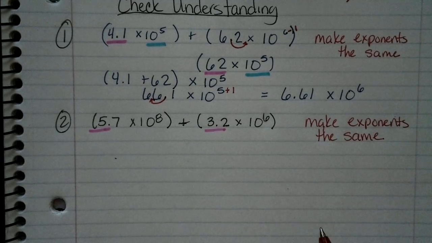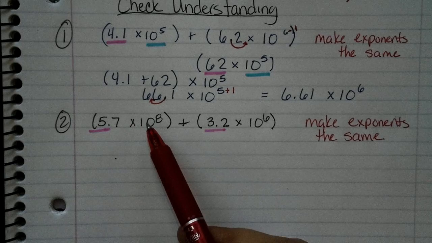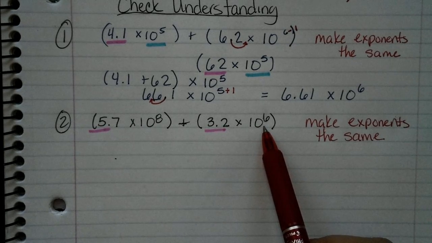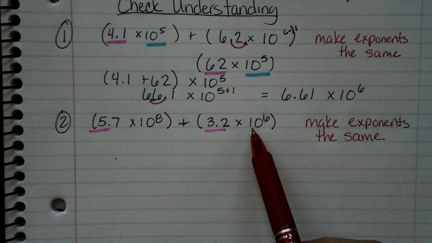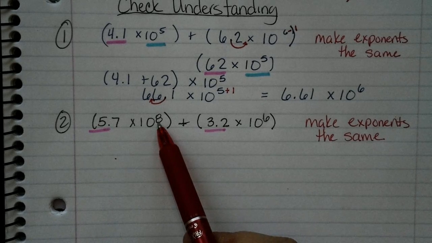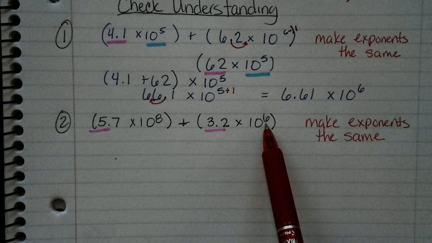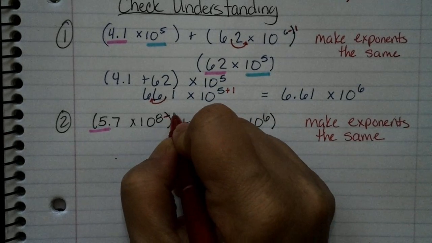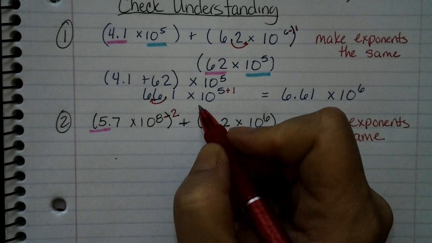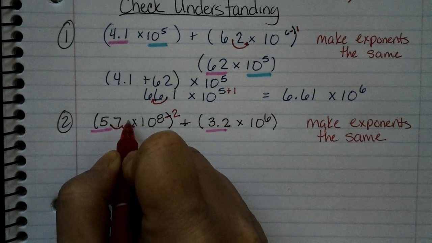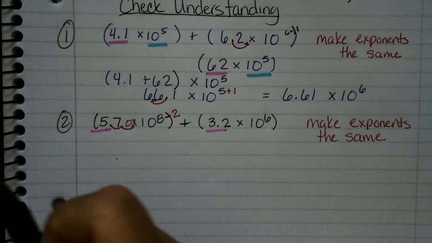All right, so if we look, we have 8 and we have 6. If we move our exponent to the left, we add. If we move to the right, we subtract. So maybe it's easier to subtract 2 from this one to make it 6, or you can add 2 to this one to make it 8. It's completely up to you. So let's subtract 2 so I can make it 6. Remember, if I subtract, I'm moving my decimal to the right 2 times. So now I have